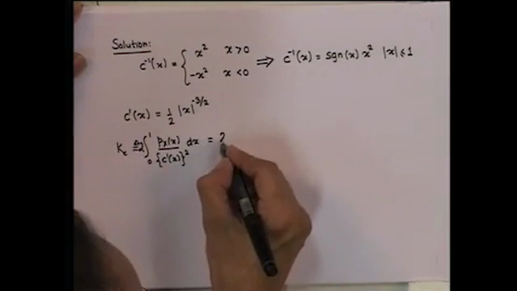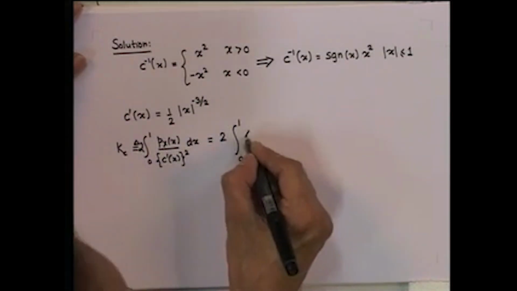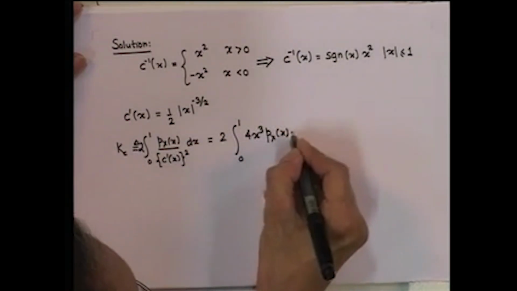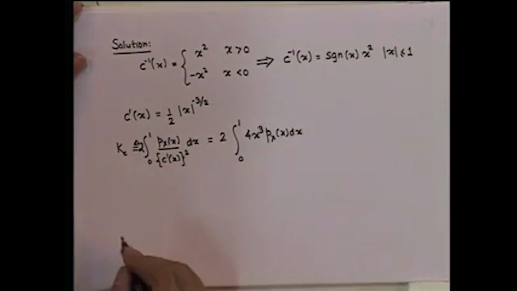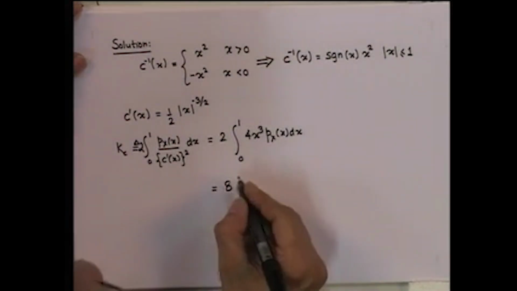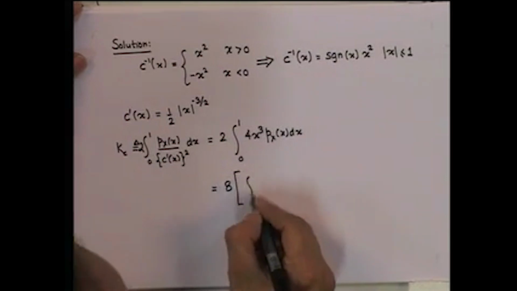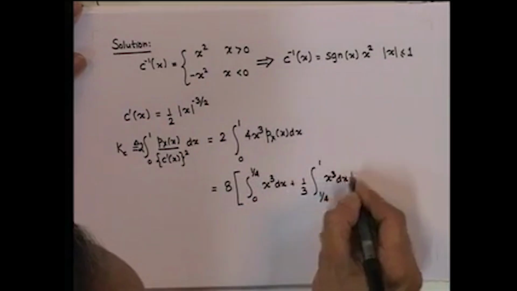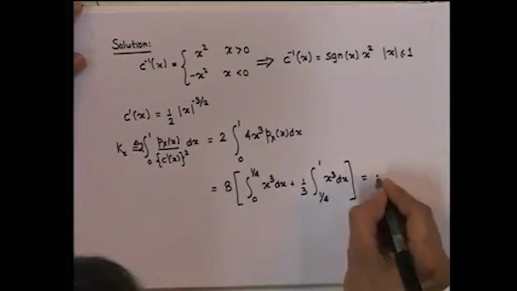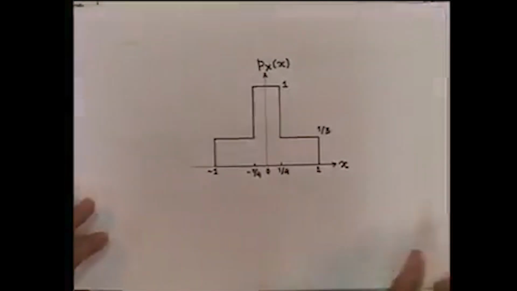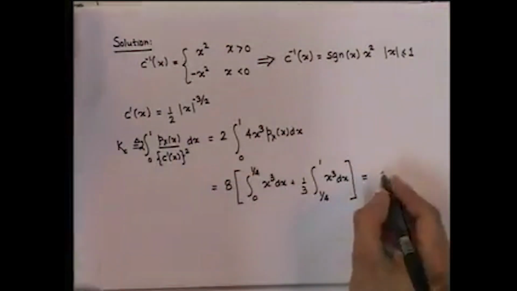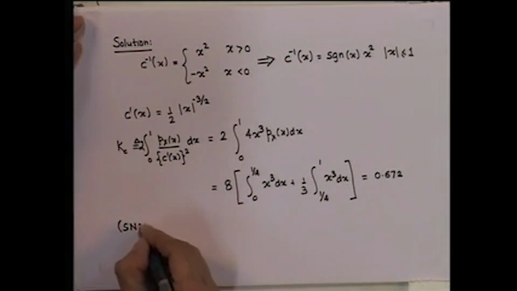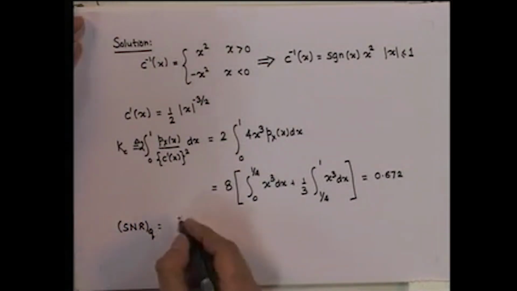This is equal to twice 4 x cube p x dx, and this can be rewritten for the given PDF as follows. And it can be shown that for this PDF, this expression reduces to 0.672,